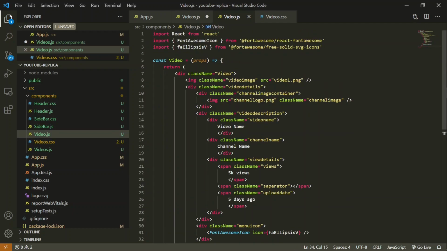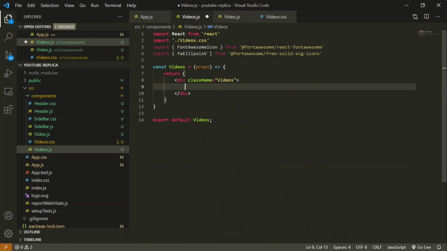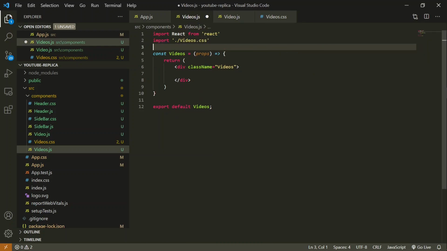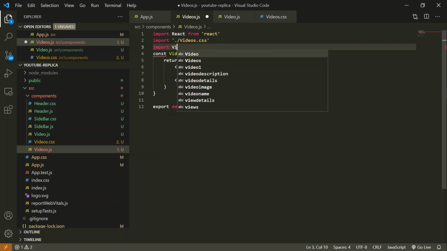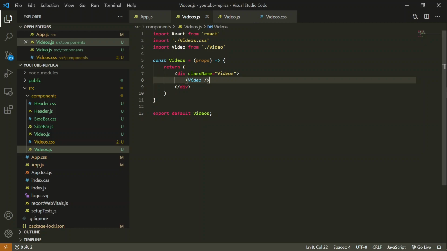Once I paste this over here, I can import this video component into the videos.js component. Now I'm not using this Font Awesome in this component, so I will remove it, and I will import video from video, and add this video component to this videos div. Now I have to create an array, and loop over that array.